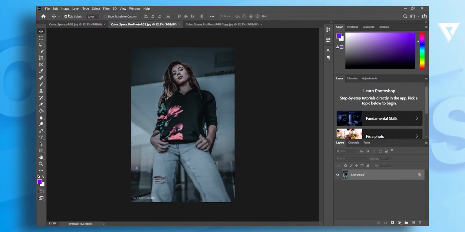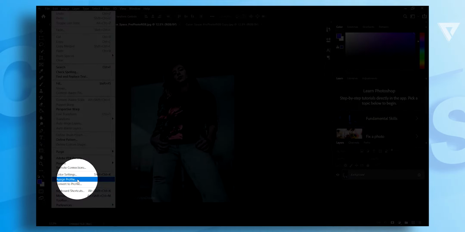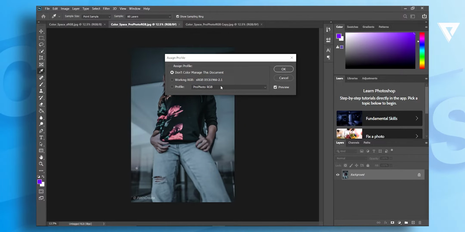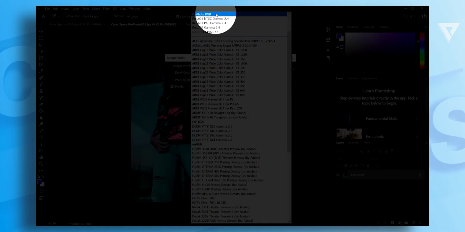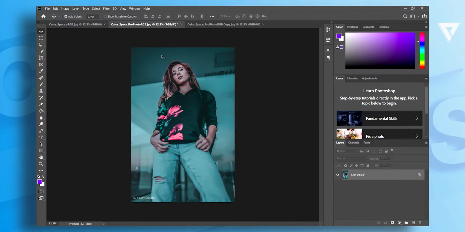So if you go to Edit, this is the important part, and then Assign Profile, and then choose the profile ProPhoto RGB and click OK. Take a look. Now Photoshop knows, like you know, it's ProPhoto RGB. Take a look at the document profile, which is right here. It shows ProPhoto RGB.